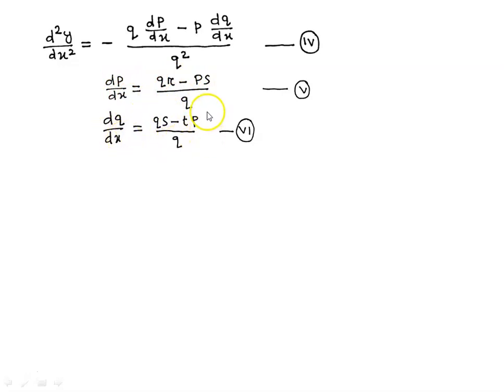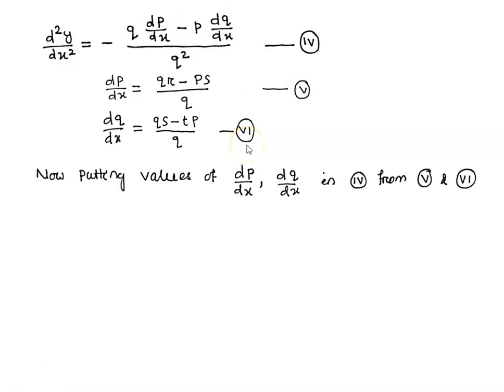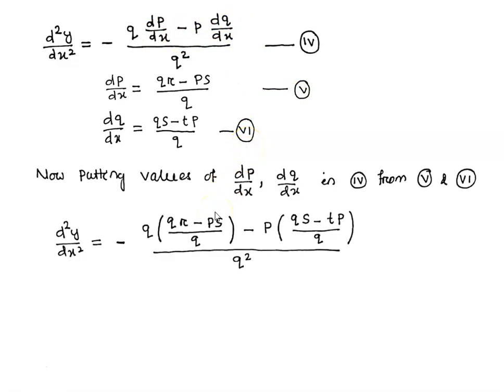So now replacing the values of dp by dx and dq by dx in equation 4 by equations 5 and 6, we have d square y by dx square is equal to minus q into (qr minus ps) divided by q, which is our dp by dx, minus p into (qs minus tp) divided by q, which is our dq by dx, divided by q square. Now simplifying this expression, we have